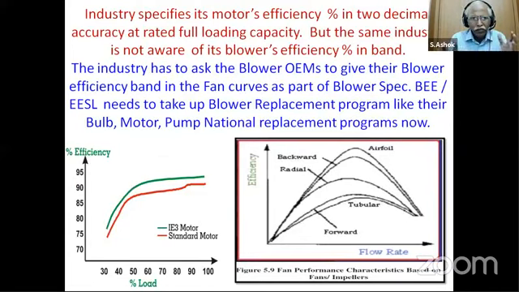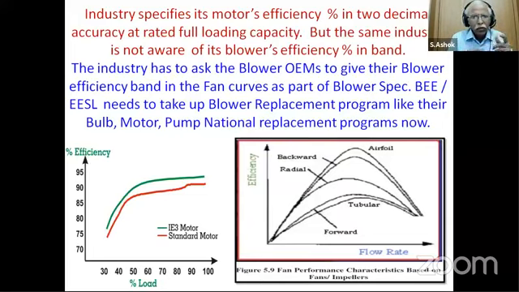Normally, in any type of industry, including the air conditioning industry, all of us talk about motor efficiency, in terms of two decimals, 90.23 or 93.20 or something like that. But blower efficiency, none of us talk about it, not the user industry, nor the OEMs. It is not a question of finding fault; I am trying to address a gray area where the blower efficiency band is not addressed by the user industry, the service provider, and the OEMs as well. So let us go in depth into how the efficiency band can be predicted as per the fan performance curve and how much can be achieved.